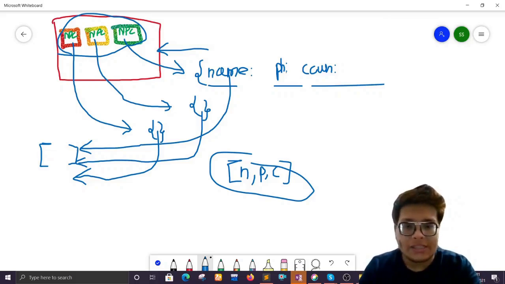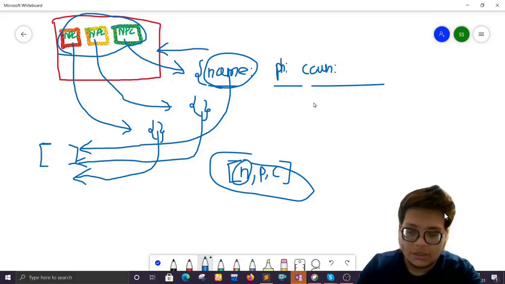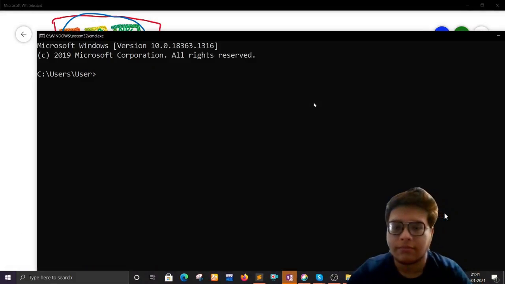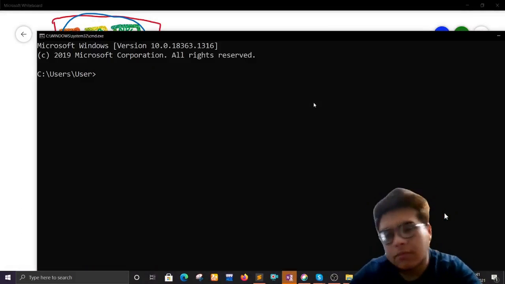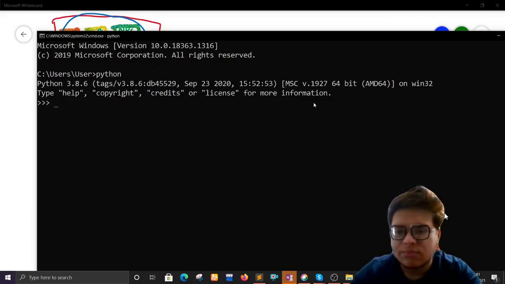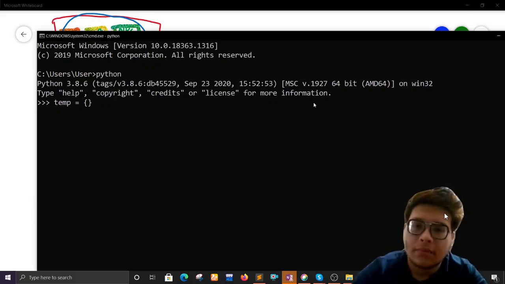So let's say when we are zipping, actually what we are doing is we are taking the first element of the first list and this thing together. By this, what I mean is, let me demonstrate it by opening the Python terminal, right? So inside Python, let's have a dictionary. Let's call it temp, right? Let's have temp, and